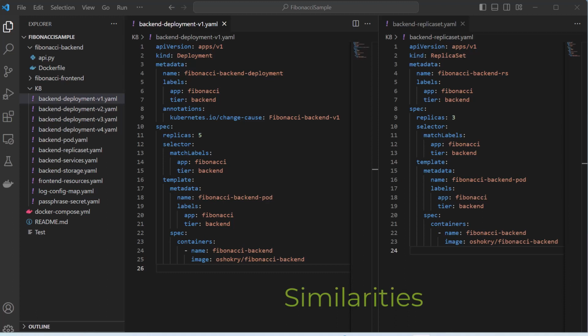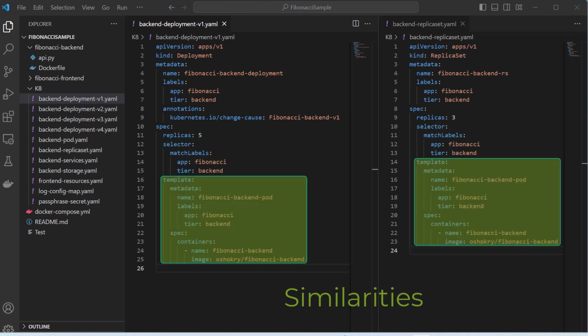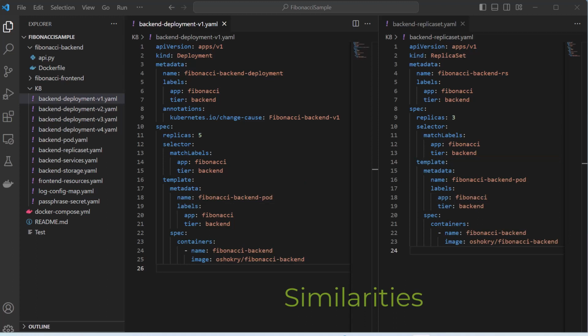First, the similarities. Just like the ReplicaSet, the deployment identifies the pods it needs to create and/or maintain using labels. Specifically, the selector section identifies which pods the deployment owns, and the template section defines the specification of the pods the deployment creates. With these identifiers and pod specifications, any pod that has labels app equals Fibonacci and tier equals backend will fall under the control of the deployment